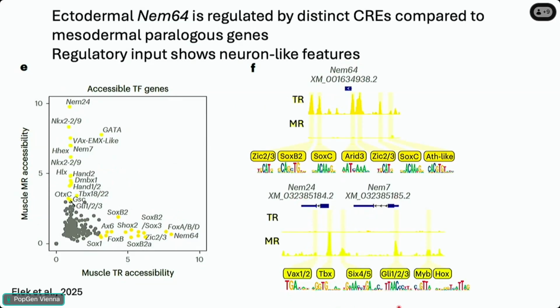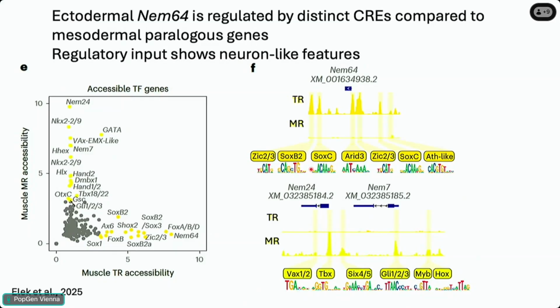Then you see that these are the conserved regulatory signatures in the CRMs of these genes, which are completely distinct from the ones that actually have been acquired by NEM64, where you see again also SOXB2 and SOXC2, key regulators of neuronal development. Yeah, so which confirms actually what we postulated, that it jumped to a different region, acquired a completely new input,